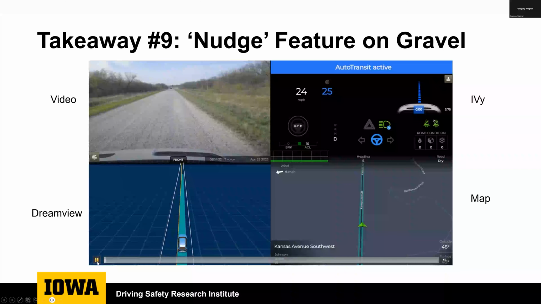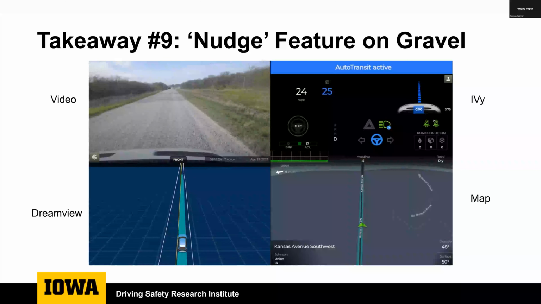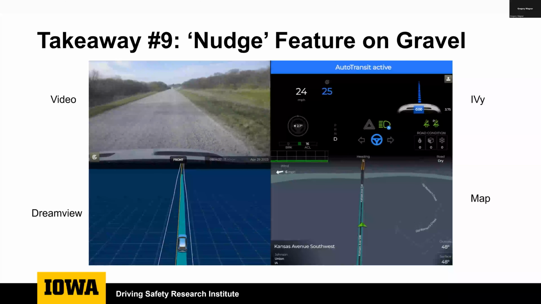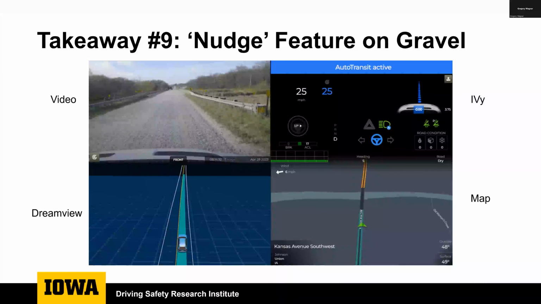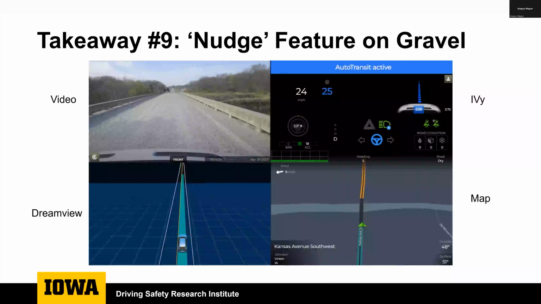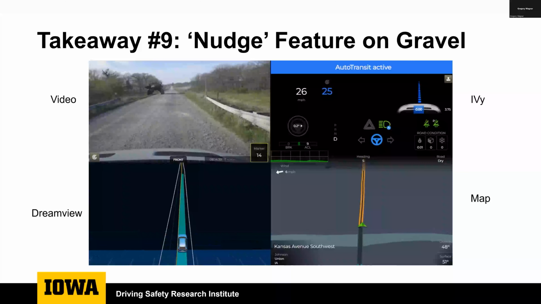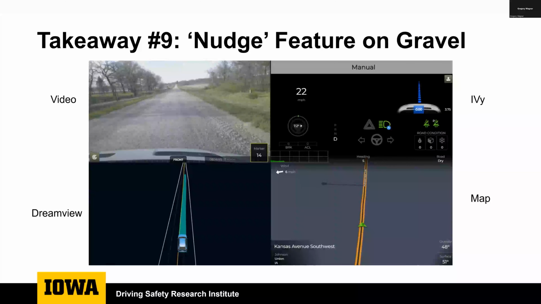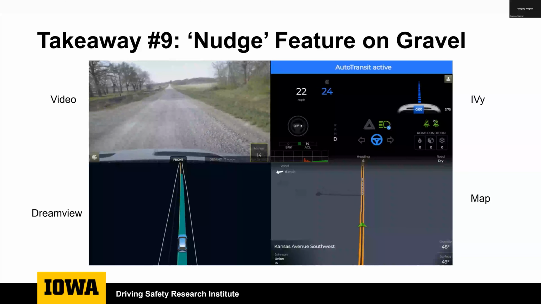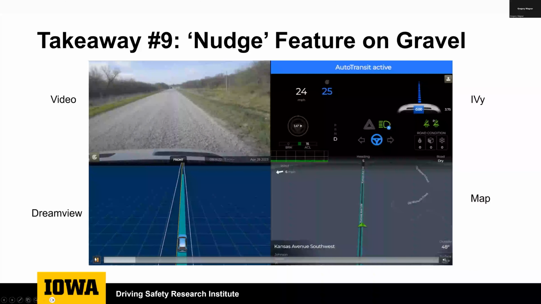Thanks, Steve. Yeah, so again, here's that same gravel road, Kansas Avenue. We travel about 1.7 miles of this roadway in gravel. So here we're going to just play completely through, and then we'll back up and pause at some key moments. Here, our HD map was edited, so the center line of our lane of travel was shifted about 18 inches left. So we travel closer to the center line, which is more natural as a human driver. And you can see that in the lower left, the dream view, by the thick green band touching the center line, instead of being in the middle of the lane.